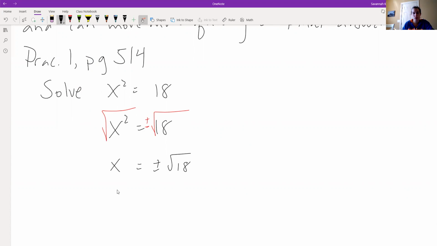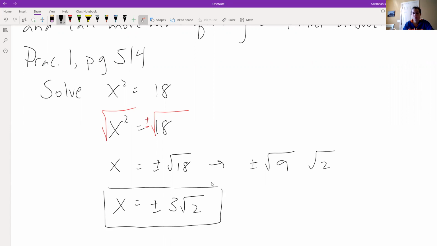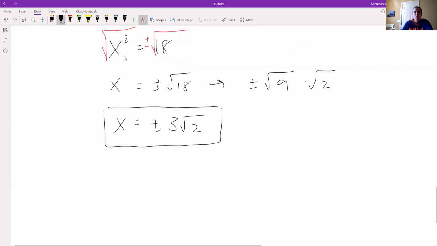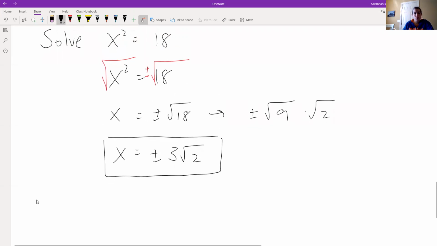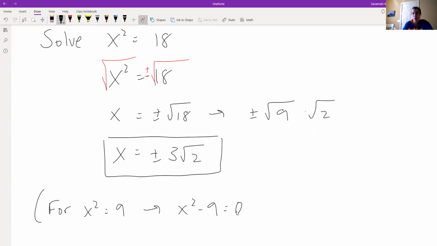All right, so here's what our answer kind of looks like, but we know that 18 is 9 times 2. So the real answer is plus or minus 3 times the square root of 2. We get 2 answers here, which if you think back to when we would factor one of these things. If we had like x squared equals 9, some kind of perfect square, and we could rewrite the way chapter 6.8 liked us to rewrite, and then we could factor